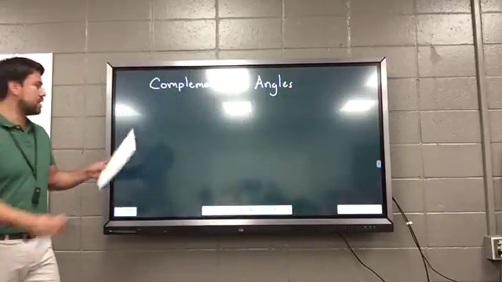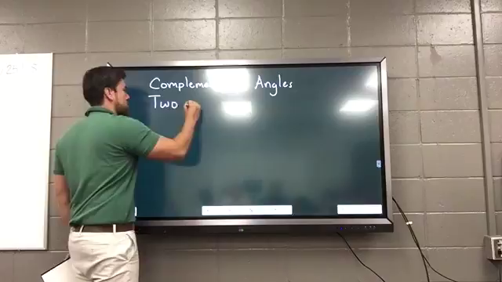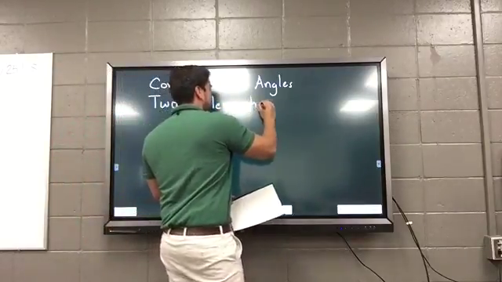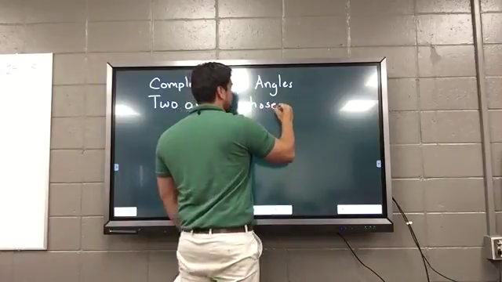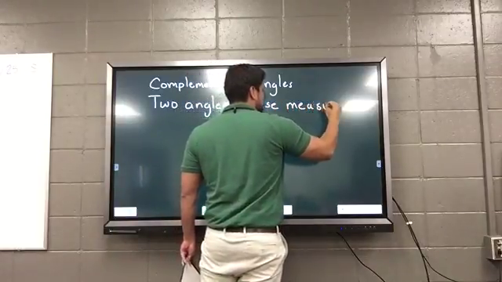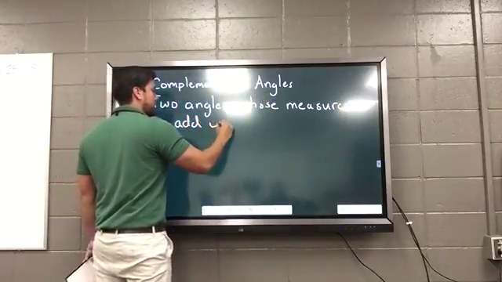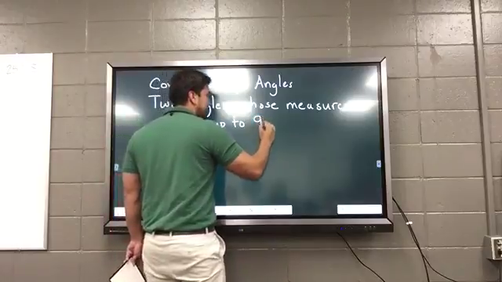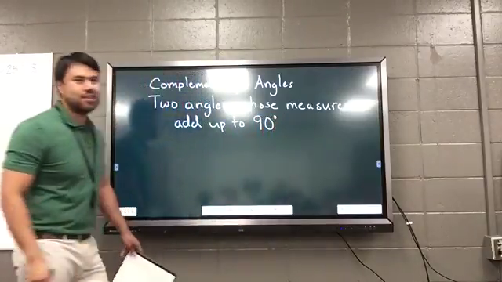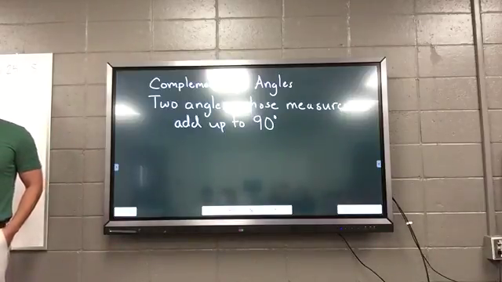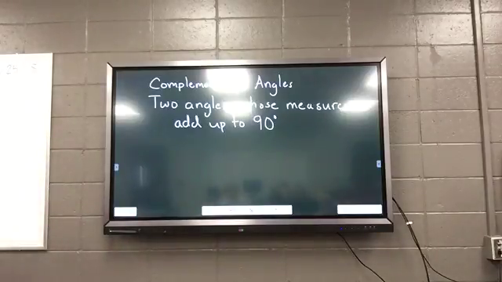Complementary angles, and here's your definition. Two angles. So we're talking about only two angles whose measures, so the degree measures, add up to 90 degrees. Man, that's a special number. So what's another name for a 90 degree? Right angle. So the two angles add up to be 90 degrees, and if you want a little diagram, this